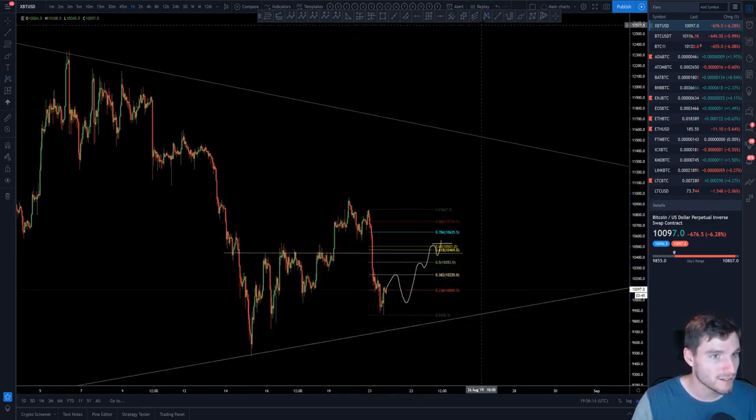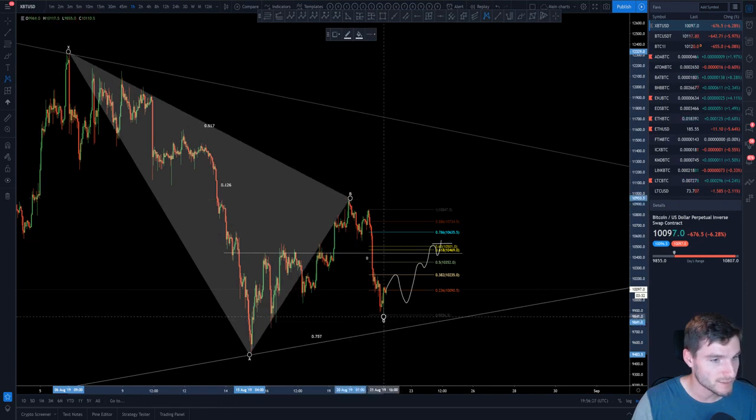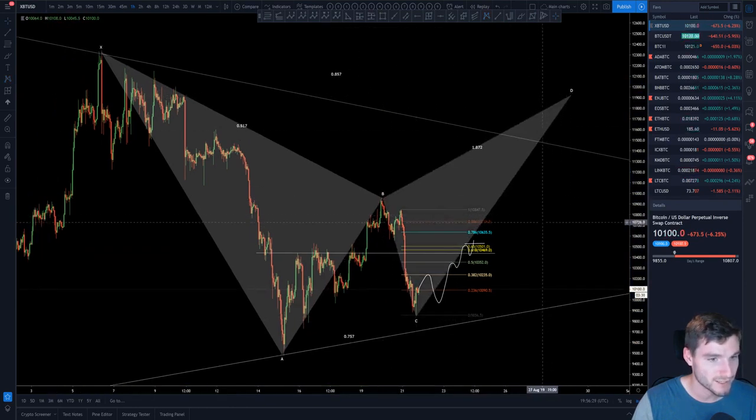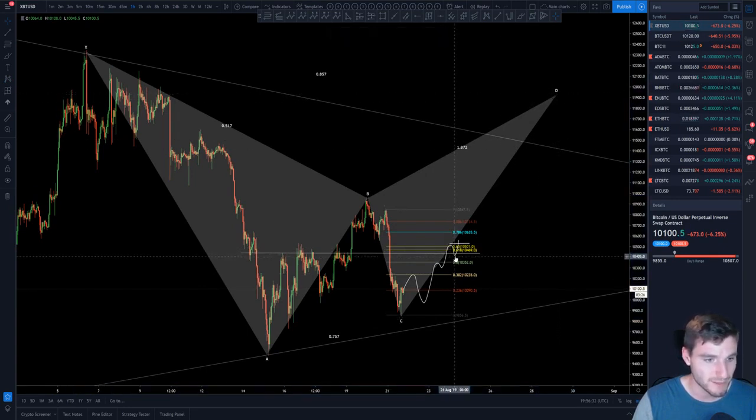I've done the wrong clicks. Obviously, oh my god, I'm going crazy. Where is my pattern tool? Here, obviously, which is what we're looking at for the bullish scenario up to the 886. Okay, then if we start doing this, I'd say, yeah, let's play for the bat pattern, but until then